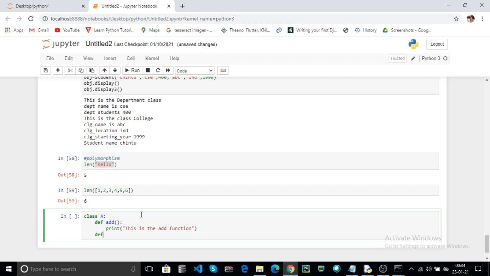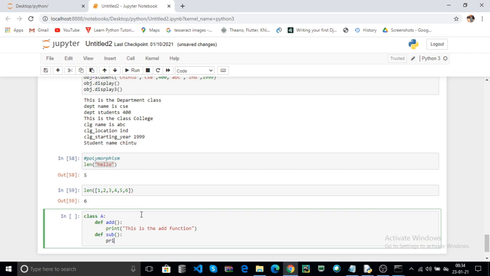Now I create another function, that is subtraction. This is the function, print: this is the subtraction function. Here you can pass the parameter default as self.